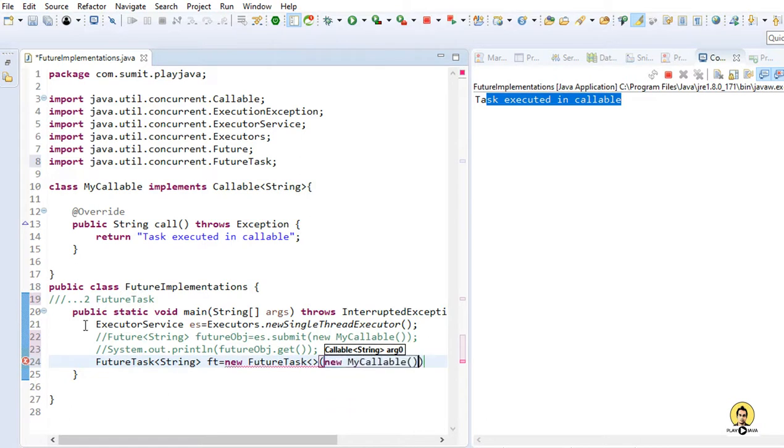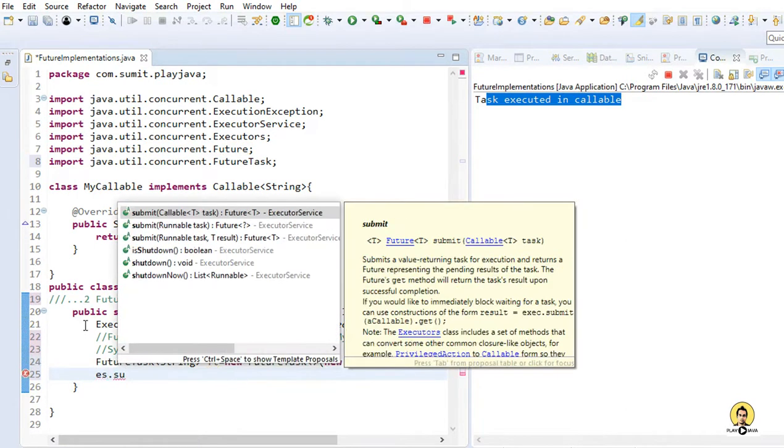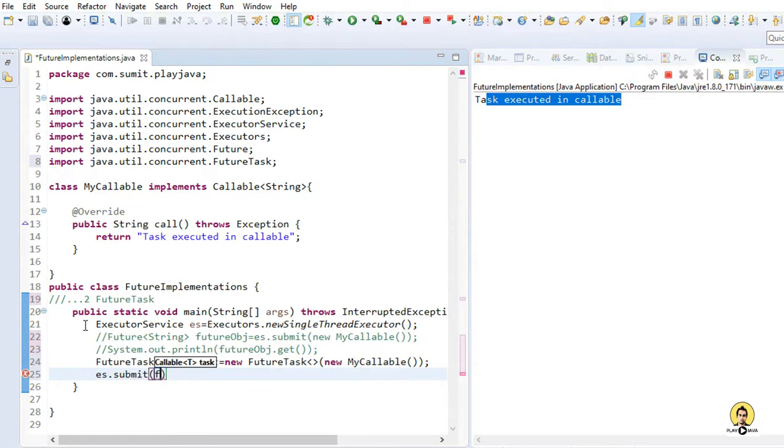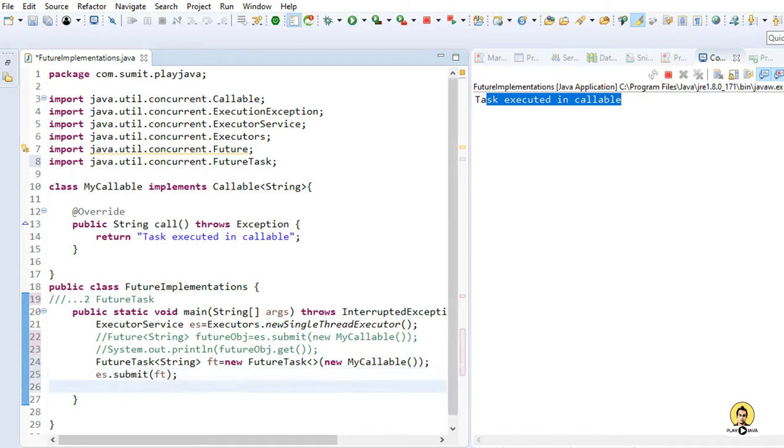So in Future we get the object details, but in FutureTask we provide the callable object to the FutureTask itself, and this FutureTask needs to be provided to the submit method. I provide that FutureTask, ft, in the submit method.